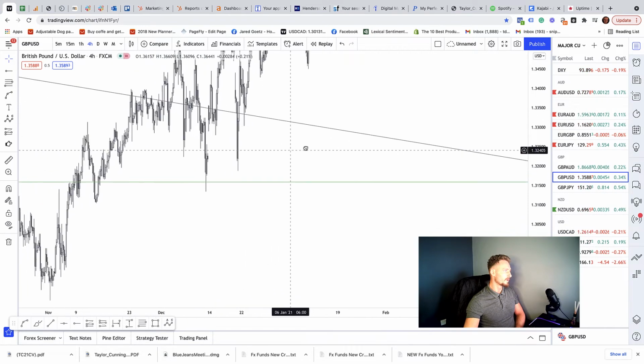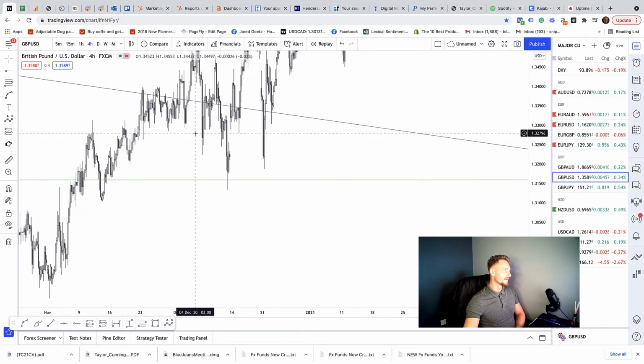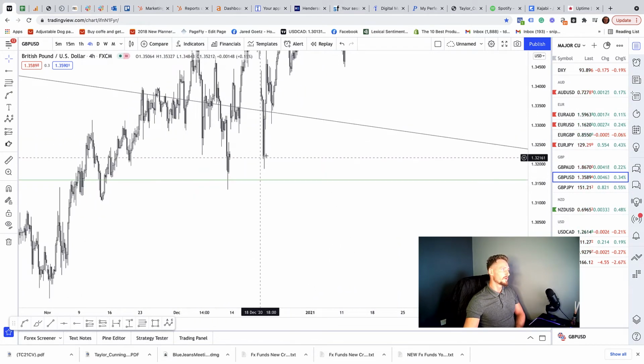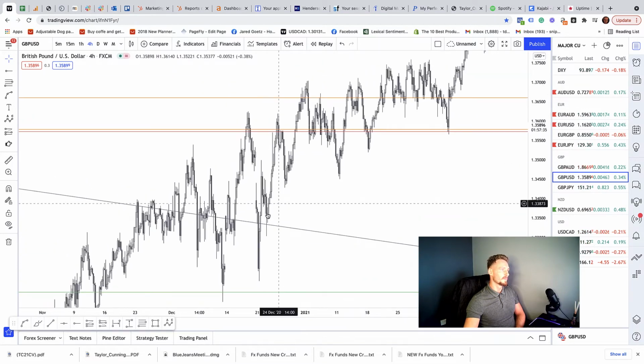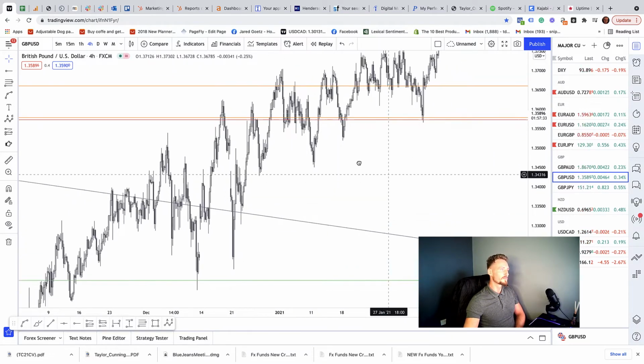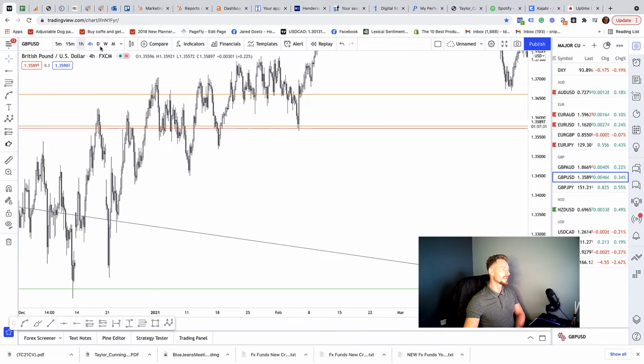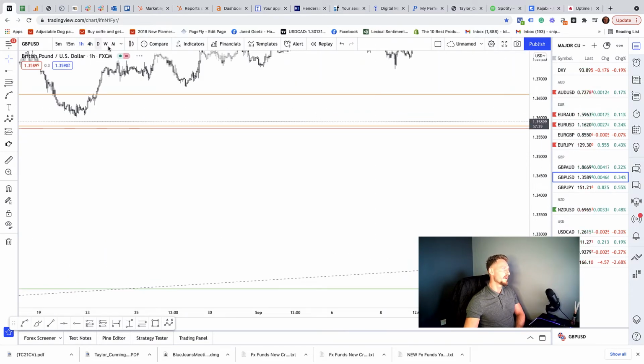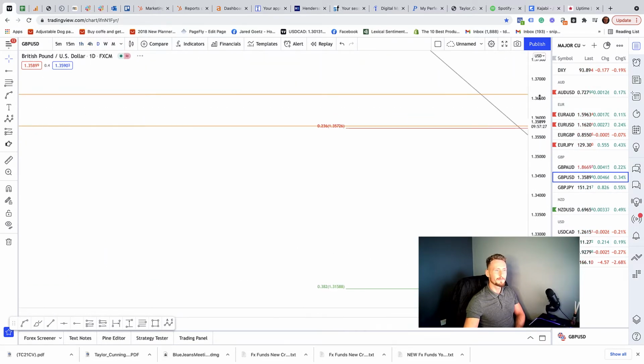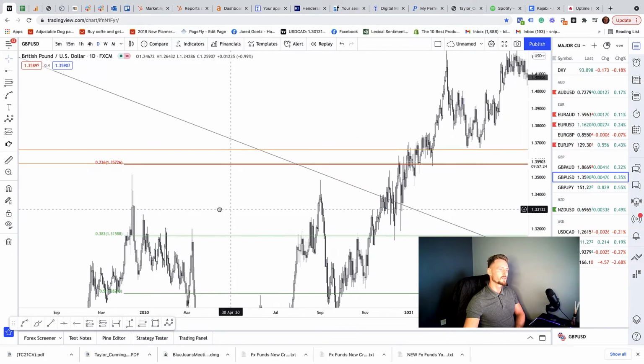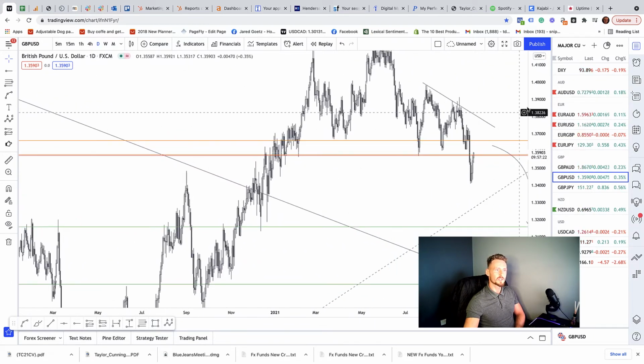So let's just zoom in a little bit more, and you can see we had that nice push, and now we're starting to move back up. So it is an area of support that we could potentially look to take targets back down into if we did want to take this trade. But we did break out of a bearish trend, so you would, like I said, expect